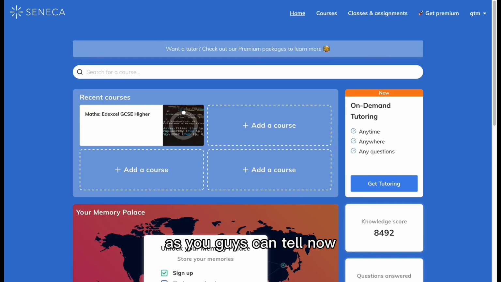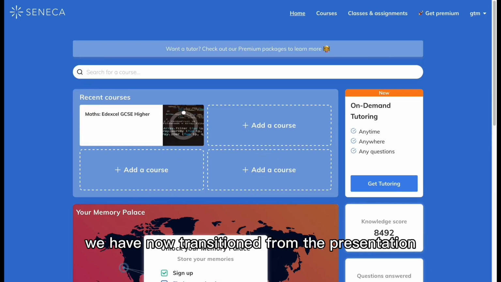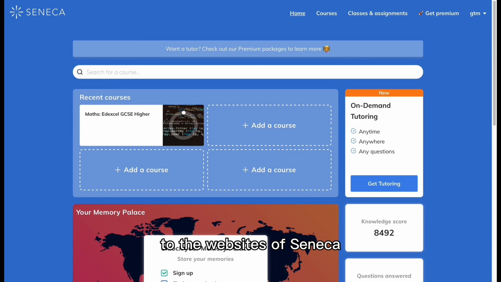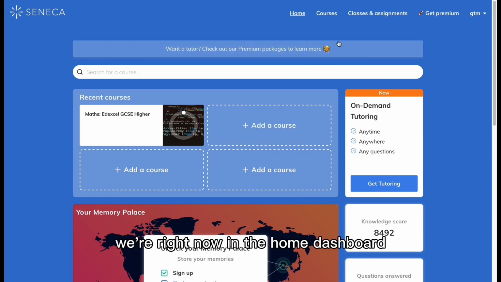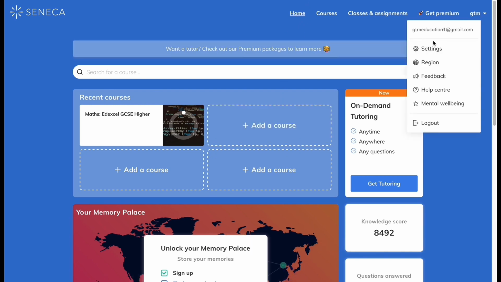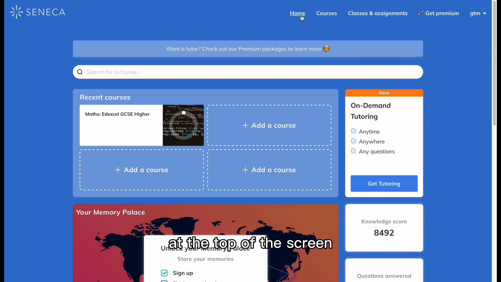So as you can tell, we have now transitioned from the presentation to the Seneca website. We're right now on the home dashboard, and this is where I'm going to show you. If you go to the accounts, you can find it at the top of the screen. You go to home, and since we're looking at maths, in particular GCSE maths,